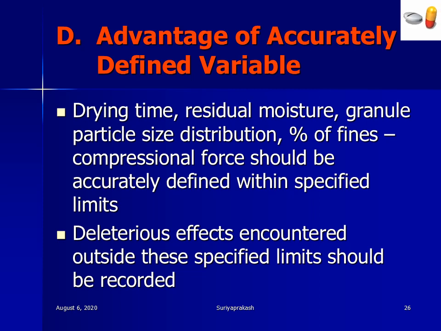If that happens, then naturally what will happen? Your output will not be passing the quality control test, right? So that means your machine should work properly. Your maintenance of the machine should be done periodically. If all these things are there, then your tablet will naturally pass the quality assurance test. Each and every tablet out of 10 lakh tablets manufactured in a day, in another day will pass the test.